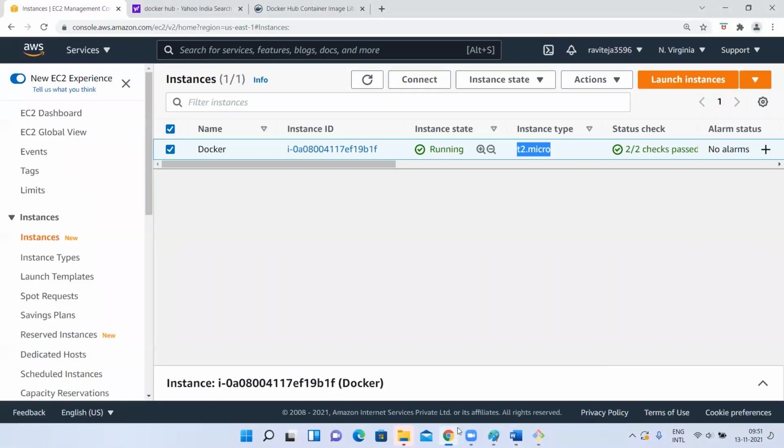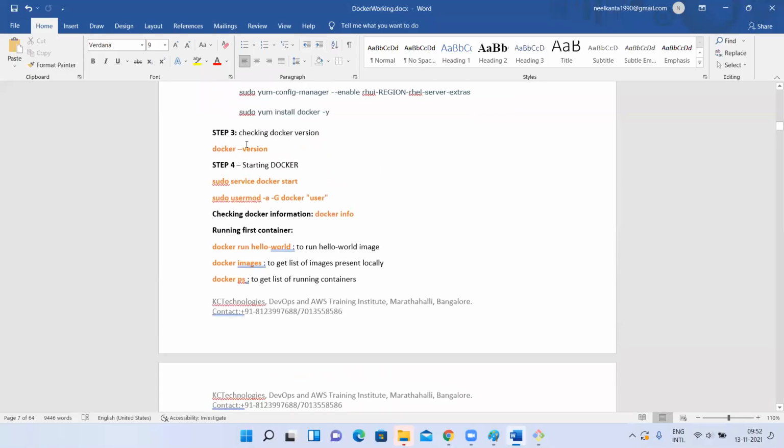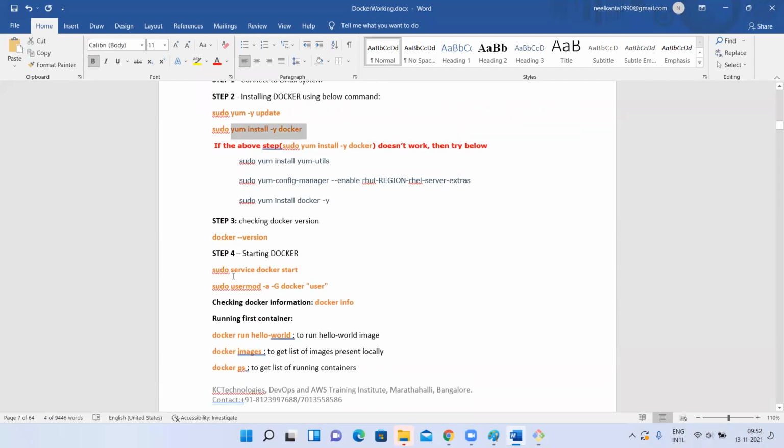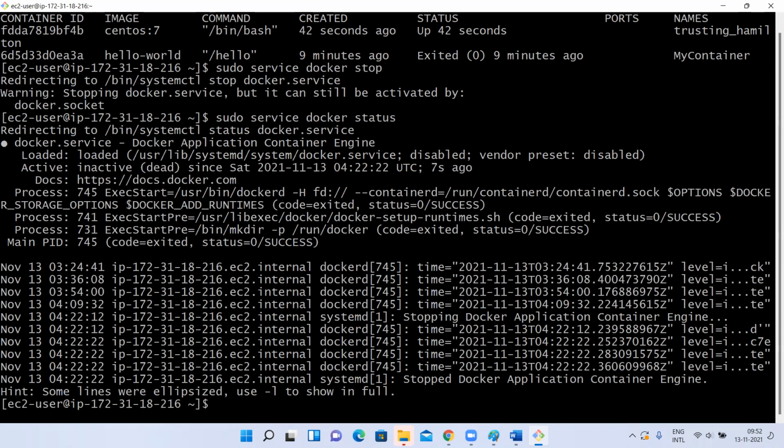Most of the common errors that we get, not in real time, are what students get and tell me, sir, it is not working. See, Docker service, sudo service docker stop. All right, I stopped my Docker. By default, when you install Docker, it will be in stopped state. You have to explicitly start it. But people will not start it. You'll be in a hurry and just leave it, so it will be in inactive dead state, meaning your Docker is in stopped state.